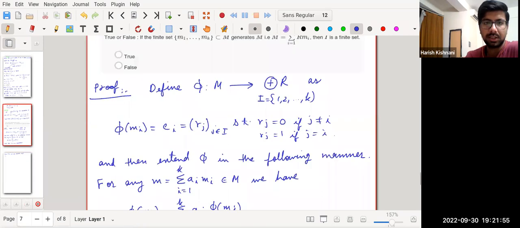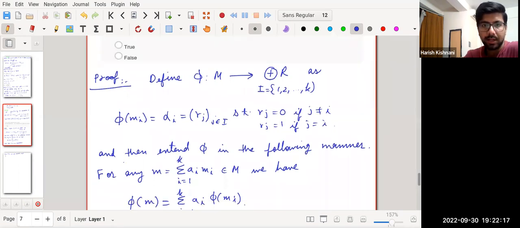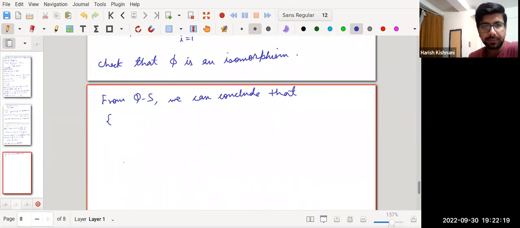Instead of ei, let me write, because ei we are using for basis elements, so it should be, let's say, some sequence alpha i. Okay, so we can conclude that ei, i belonging to 1 to k, and that is precisely your